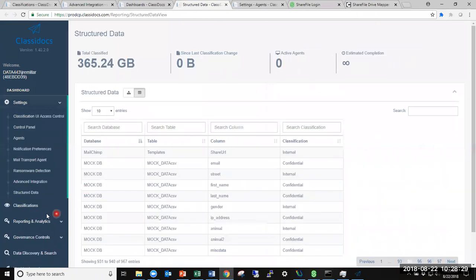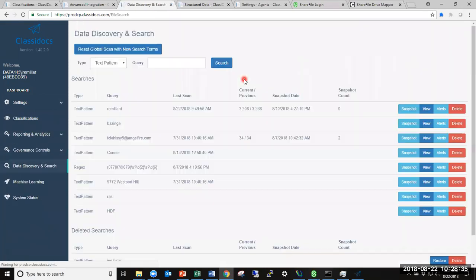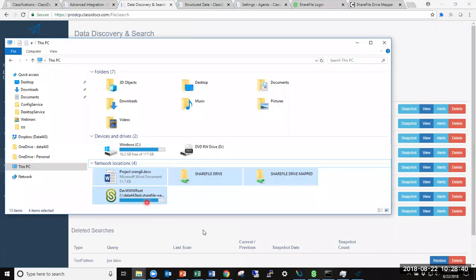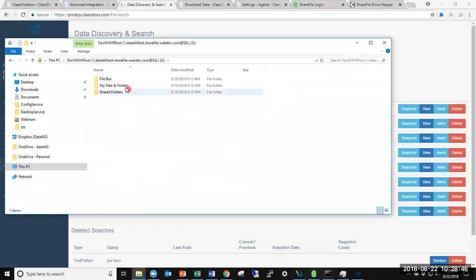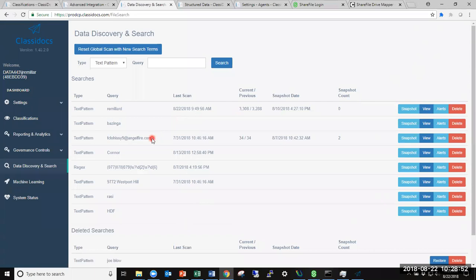Something that might be really important for you, and that is really interesting, is what we're considering data discovery and search. This is the same infrastructure that's going to be running against your ShareFile infrastructure, right? Remember, we're mapping to these services and we're crawling the files that are stored in ShareFile, classifying them, but also doing discovery against them. So when you have a discovery use case, and that could be a Freedom of Information Act request, it could be a GDPR DSAR, it could be a privacy request from any other region, or it could even be a legal request to go and find things related to this sort